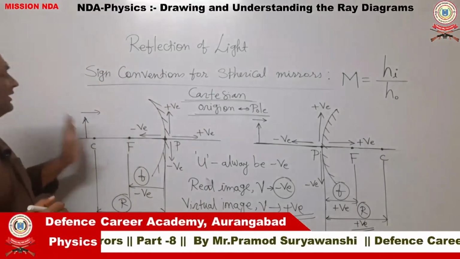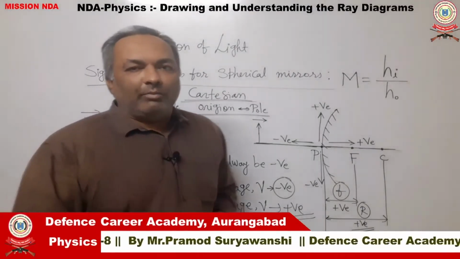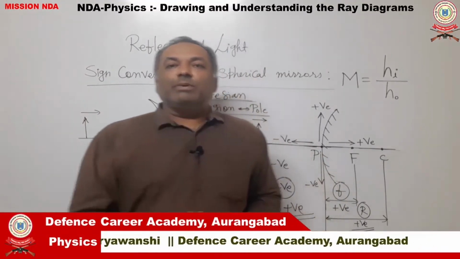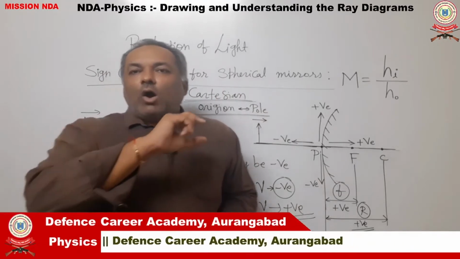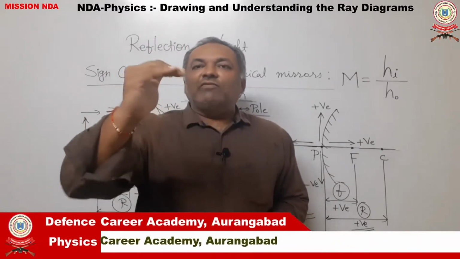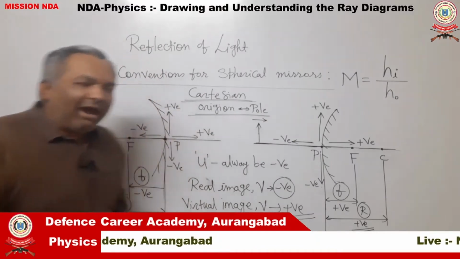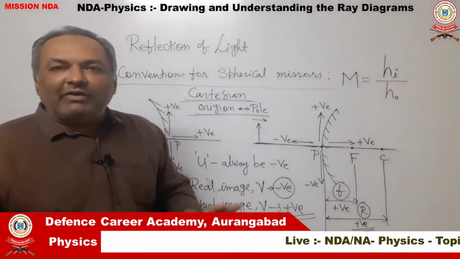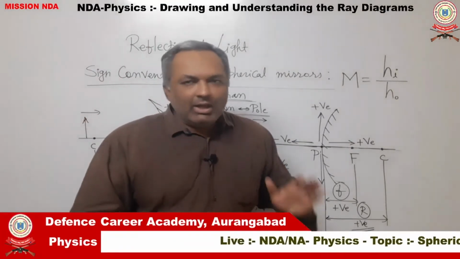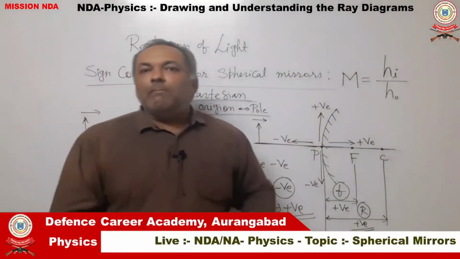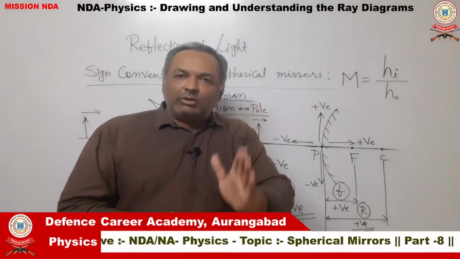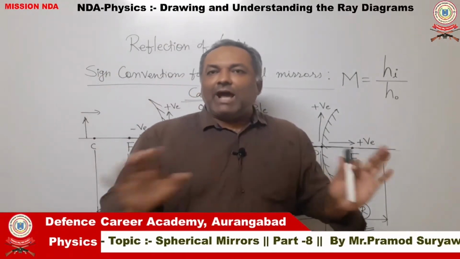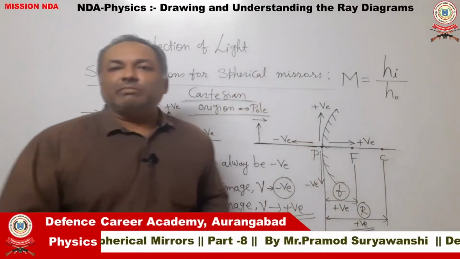So, consider the object. Now, there is another point about the object. It should always be placed on the principal axis so that all of the object lies above the principal axis. So you have to place the object just like this on the principal axis for every case of image formation, irrespective of the type of the mirror. So always to the left of the mirror, in front of the mirror and on the principal axis, so that the entire object is above the principal axis.